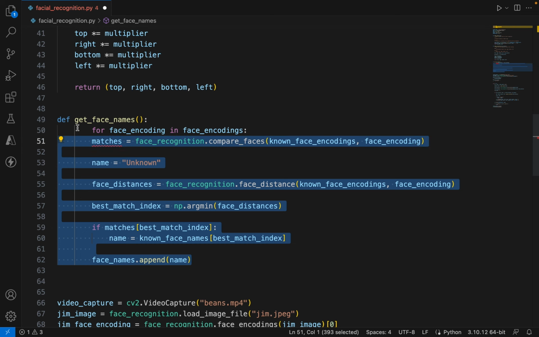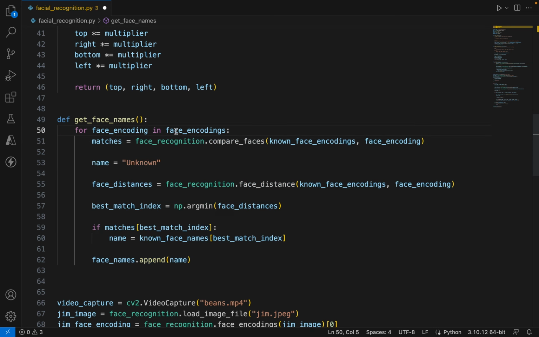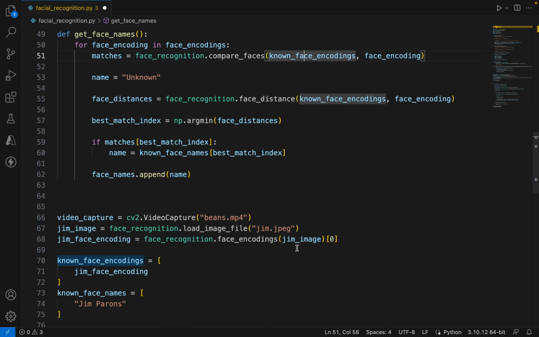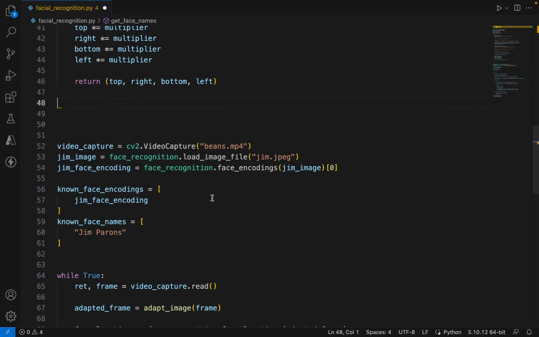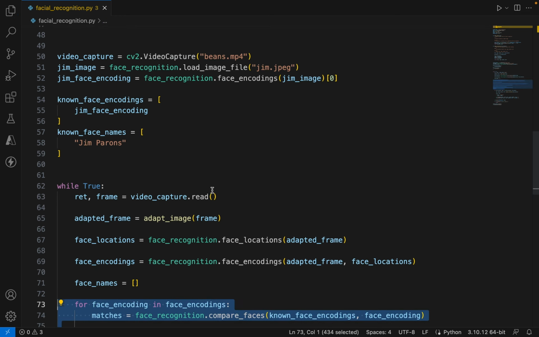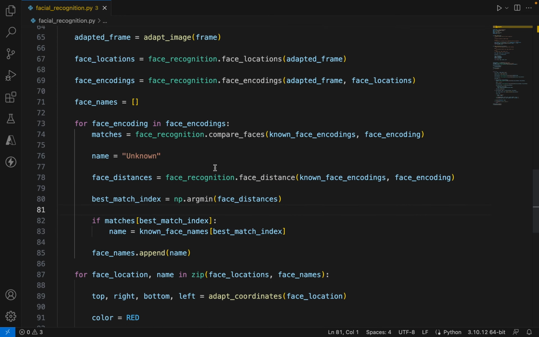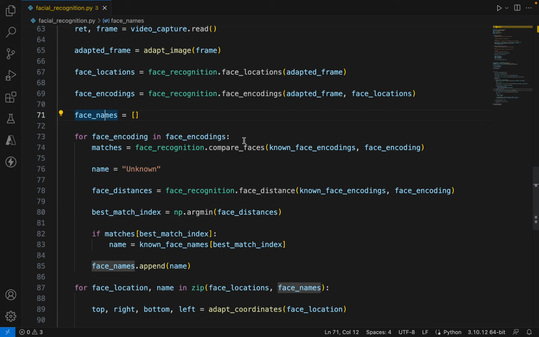For face encoding, for face encodings, matches, compare faces, known face names, face distances, known face encodings, best match index, matches. Are there any compare faces, known face encodings? Known face encodings are here, but at the moment when we call it, it should be face names append. Okay, so there is no way, or maybe there is a better way, but right now I don't see any way to wrap this into a new function, because we've got face names. Or maybe